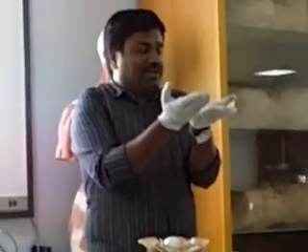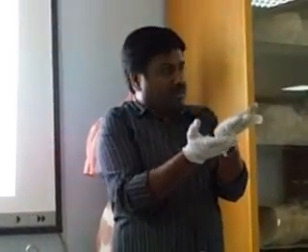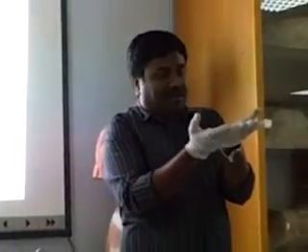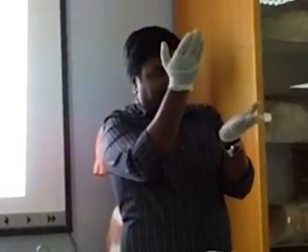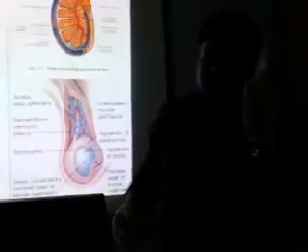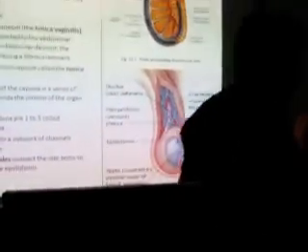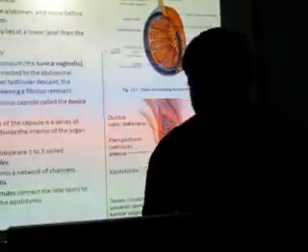As the left testicular vein is draining into the left renal vein, if we observe the scrotum, the left side appears slightly lower compared to the right, because of this reason. Why? The left drains into the left renal vein, which is at a slightly lower level, so it sags down compared to the right. Clear? That is the reason why the left testis is slightly lower than the right testis: because the left testicular vein drains into the left renal vein. So that's all about that.